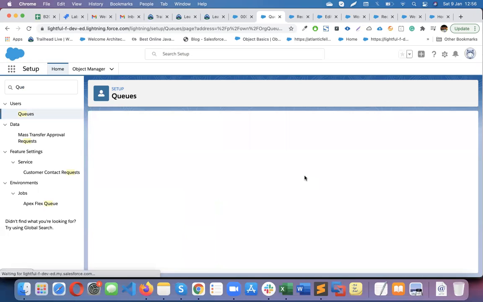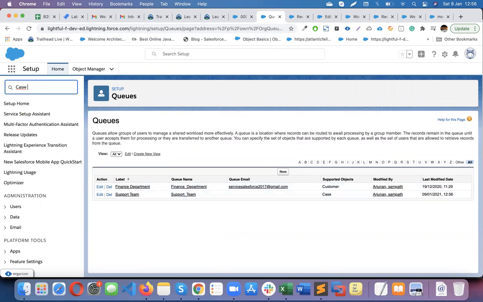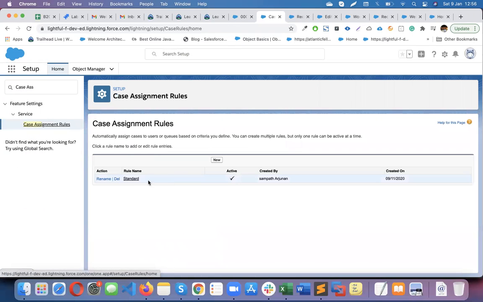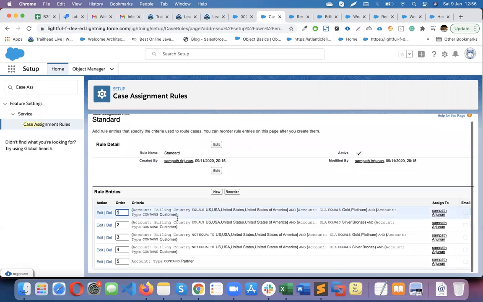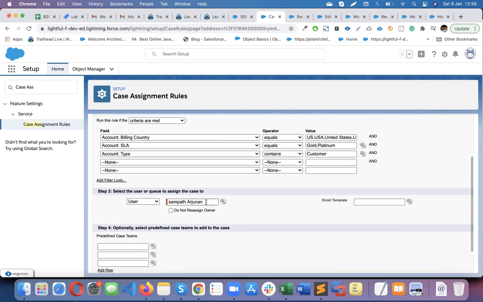Save. Now you can use the case assignment rule, and based on your conditions, once this condition is met, assign to the queue.